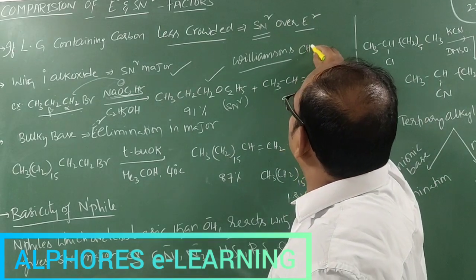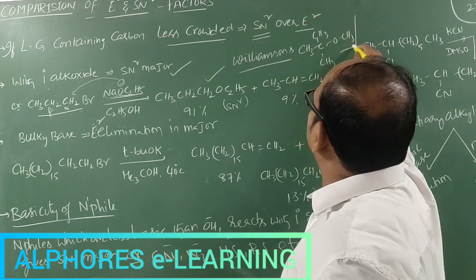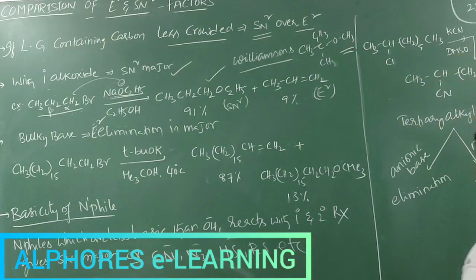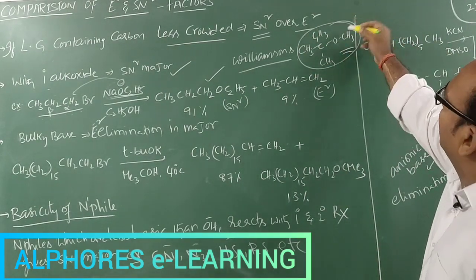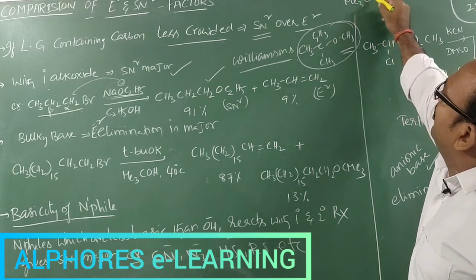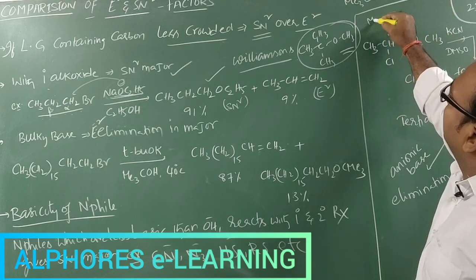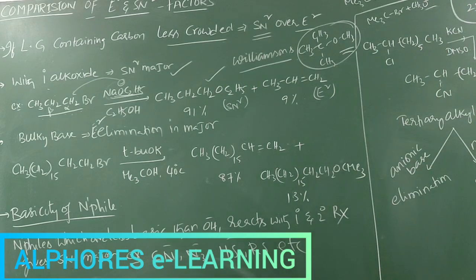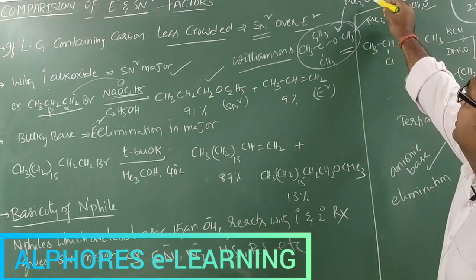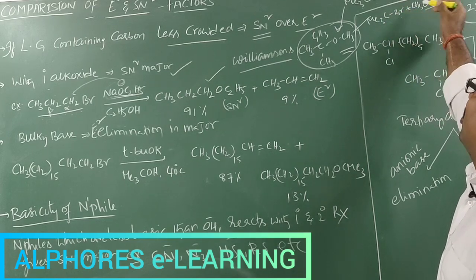If we want to prepare tertiary butyl methyl ether, which reactants do we need to consider? Tertiary butyl methyl ether we can prepare by using two types of reactants. One is tertiary butoxide plus methyl bromide, and the other is tertiary butyl bromide and methoxide ion. In both cases we are getting the same product, tertiary butyl methyl ether. We can prepare it generally by considering tertiary butoxide and methyl bromide, or tertiary butyl bromide and methoxide.